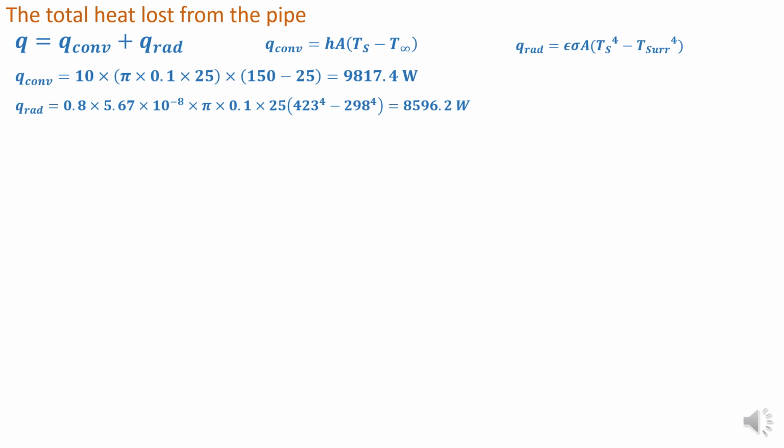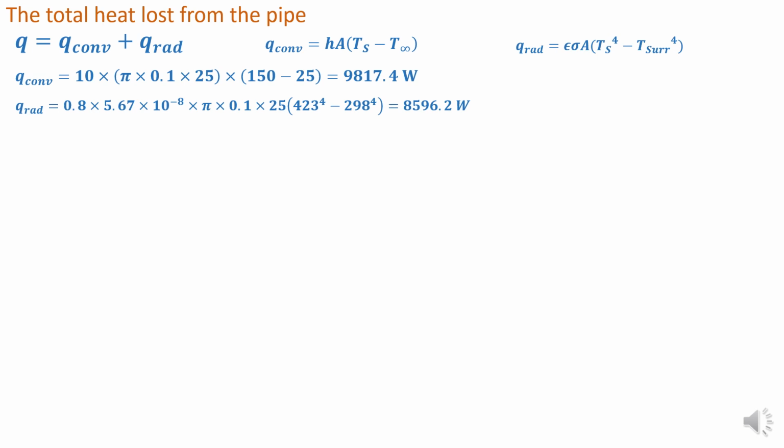Now I have put the value of temperature in Kelvin scale. 150 degree centigrade is equal to 423 Kelvin, and 25 degree centigrade is equal to 298 Kelvin. By substituting these values, the radiative heat loss comes out to be